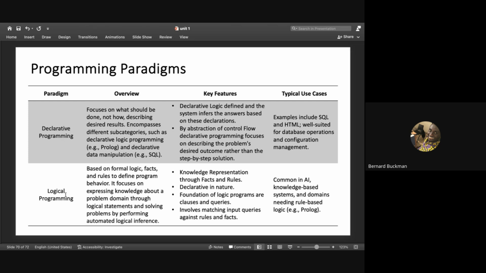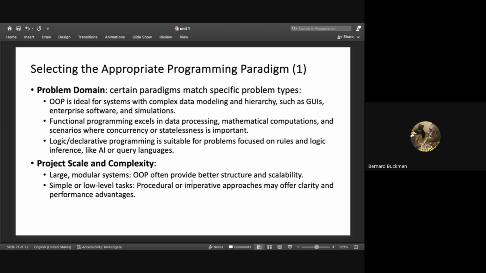Then we have logical programming. For all those who do AI and machine learning, programming languages like Prolog are examples of logical programming. We write logical statements, if, else, if, and then true, false clauses, and sometimes we call them conjunctive normal form clauses. Once we write statements like that, the machine will evaluate the statement and return a response. So those are the various types.